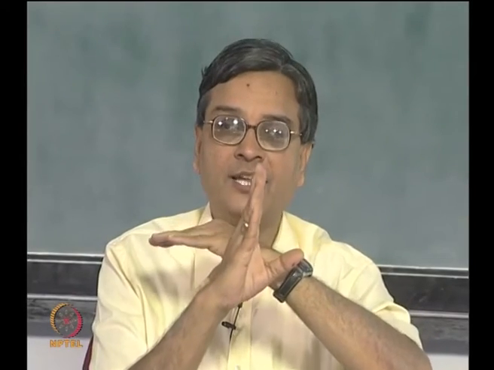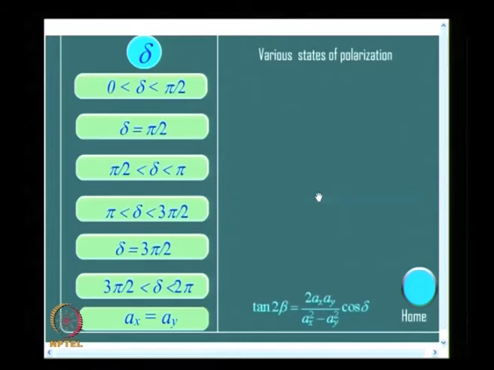So, what you find here is, if I add two simple harmonic motions which are mutually perpendicular with a phase difference, in general I get the trace of an ellipse. This is very important in photoelasticity. We will also see this a little further, and what is my interest is, when I change delta, what happens? For various values of delta, what state of polarization will you get?